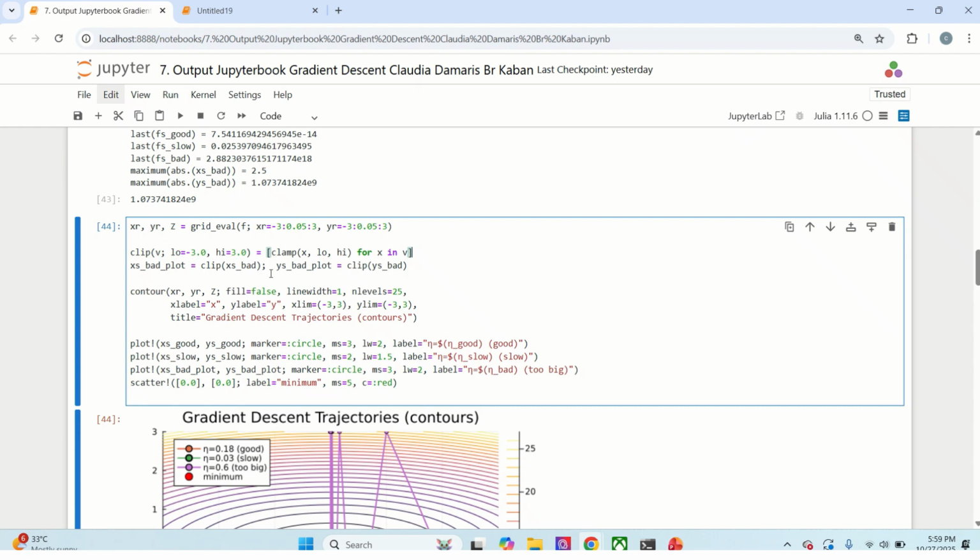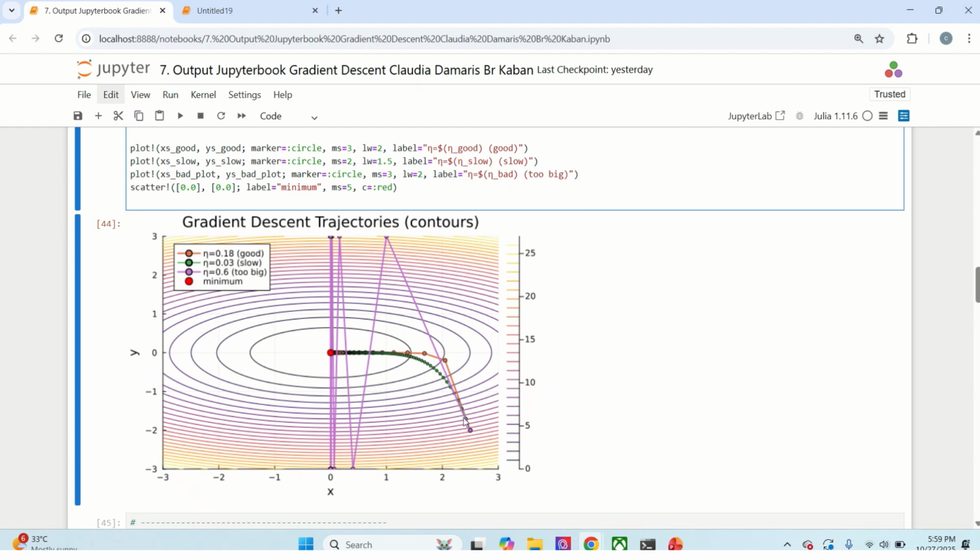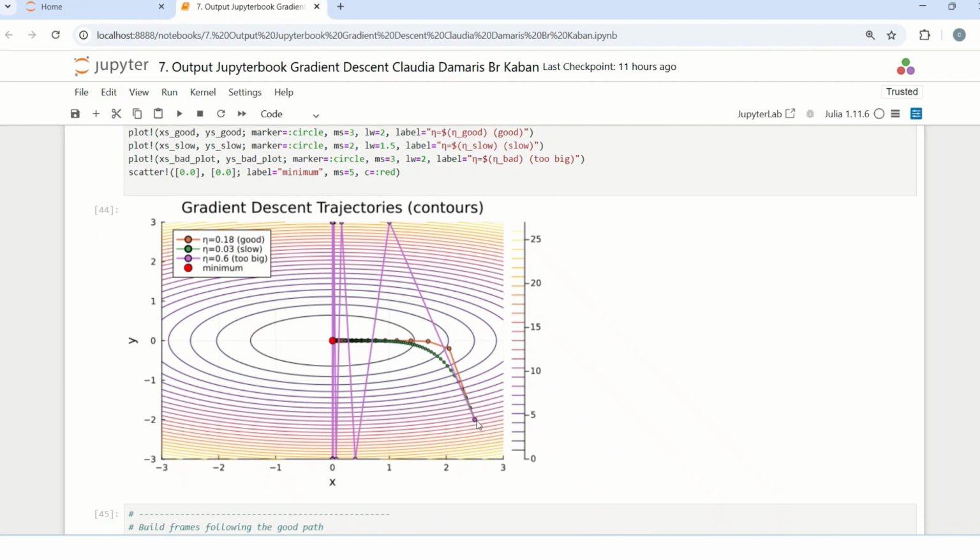Here, I plot all three paths on the contour map of the loss function. The orange one is the good one. It finally converges, with a visible zigzag in the beginning. And the green one is the slow one with a learning rate of 0.03, and it crawls slowly, way slower than the 0.18 learning rate. Next, I will explain the gradient descent with a learning rate of 0.60, represented by the purple